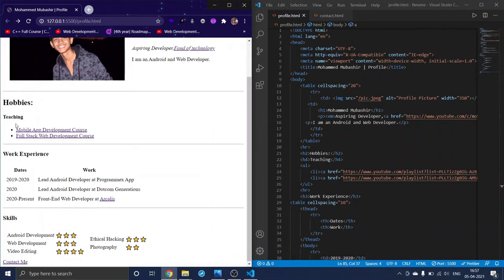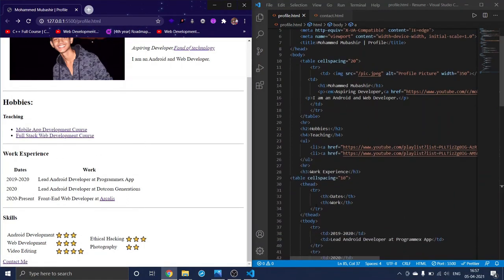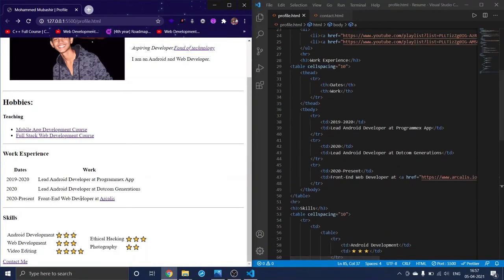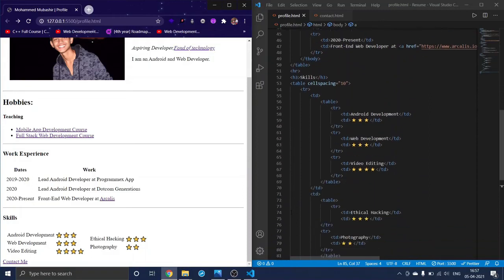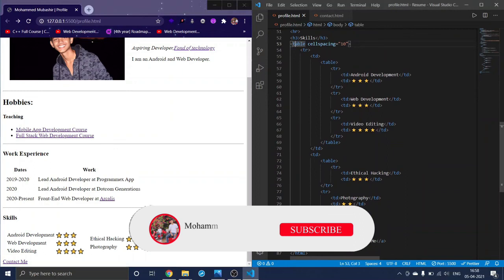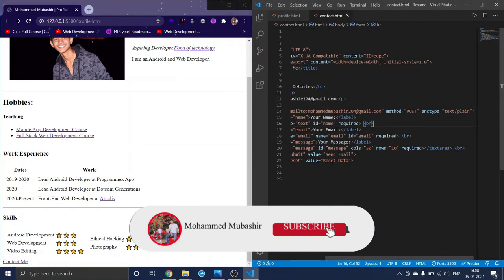And in the hobbies we used unordered list items, and in the work experience again we used a normal table with thead and tbody. And in the skills we used a nested table which started here and ended here in one table.